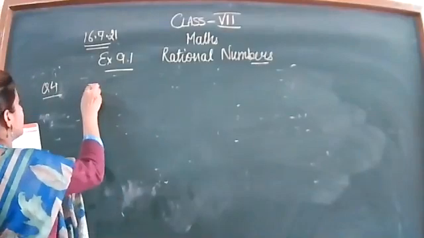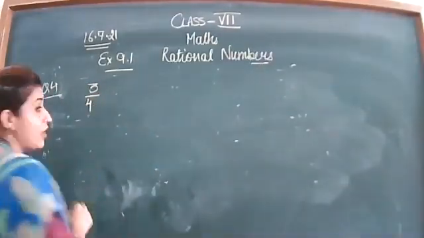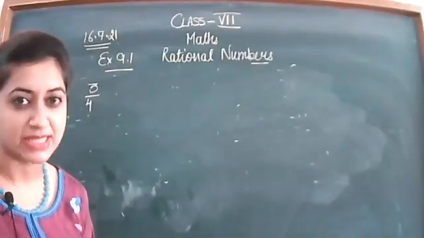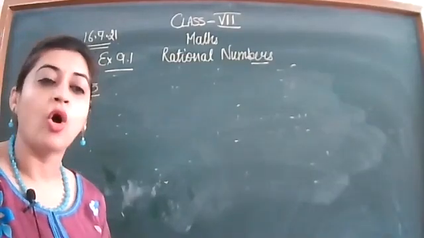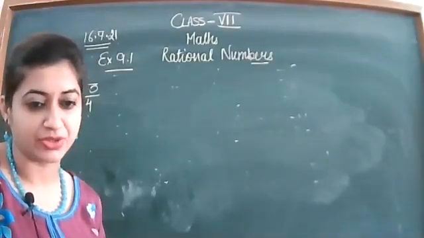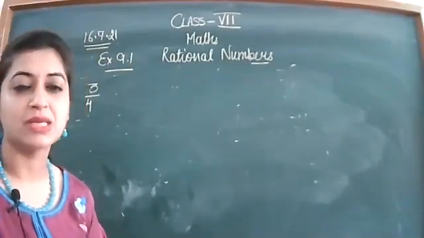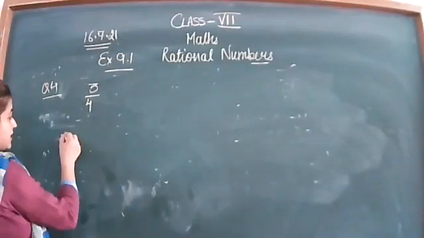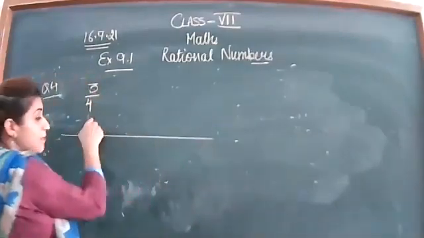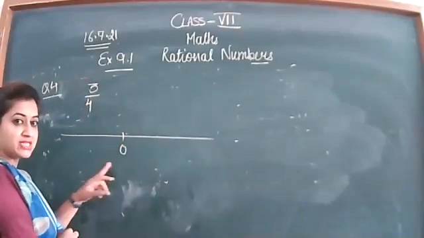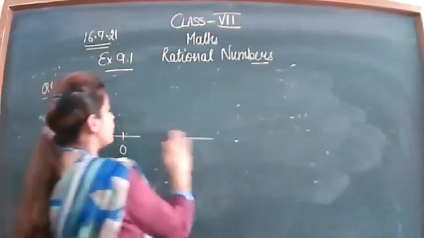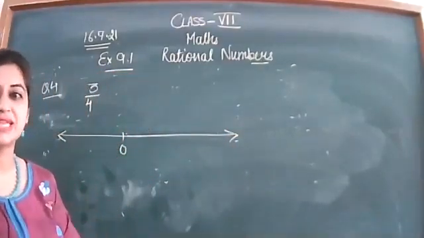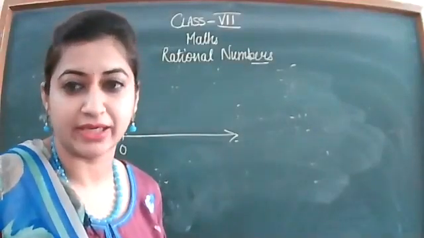Question number 4, draw the number line. 3 by 4 you have to draw. Just keep this in mind that you have to draw the number line using pencil and scale. Don't draw it with the pen or freehand, okay? So it's compulsory to use a pencil and scale for making this number line. It's very easy. 3 by 4 is a positive number. So you will write 0 in the middle. Arrows you will put on the line because we are making a number line, and a line always ends with arrows on both sides.